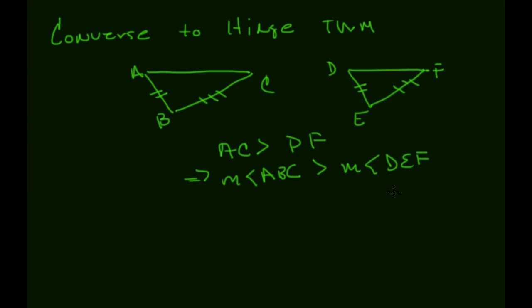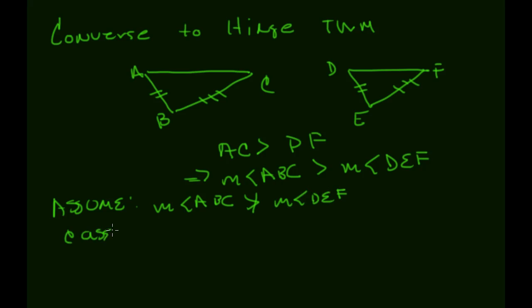Well, this can be fairly straightforwardly proven. There's a similar proof to this in your notes. You do it by contradiction. So we're going to assume the opposite. We're going to assume that the measure of angle ABC is not bigger than the measure of angle DEF. Again, this gives me two cases. Case 1 being that the measure of angle ABC is smaller than the measure of angle DEF,